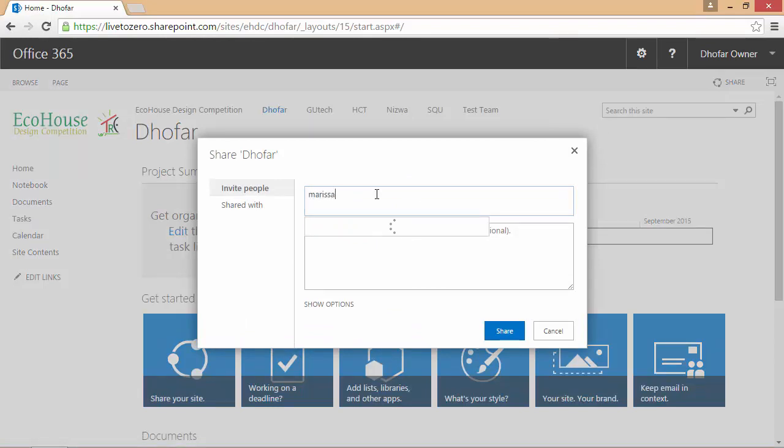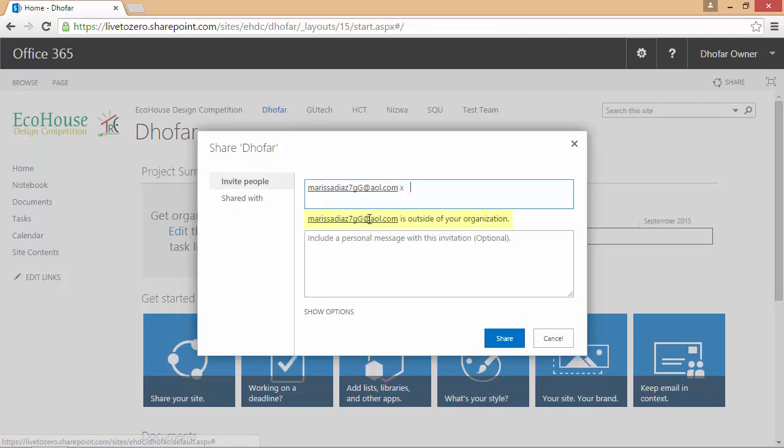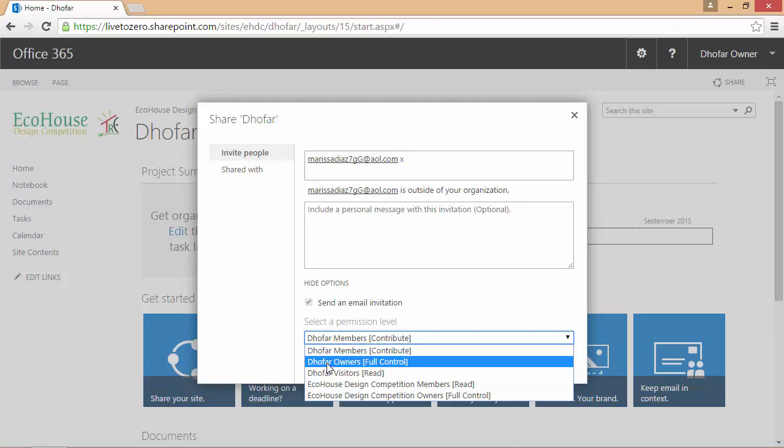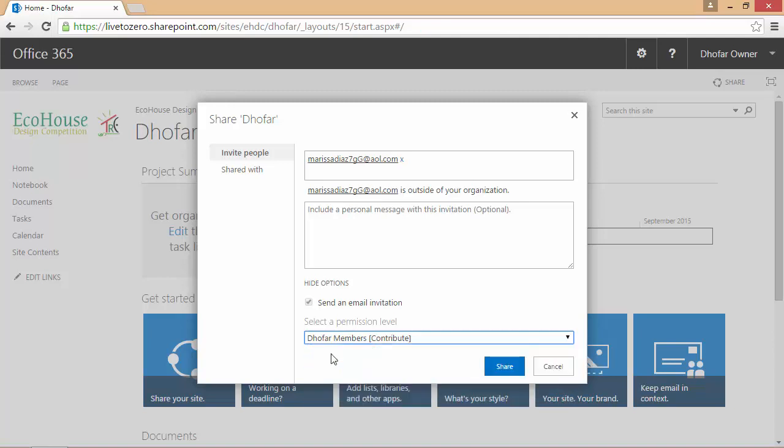Let's assume the name of the person you want to invite is Marissa Diaz. First, enter her email address. The message you see here is a little confusing. All it means is that Marissa is outside of the Live to Zero organization because she didn't enter a live20.com email address. That's not a problem, so let's keep going. Next, indicate whether Marissa should be an owner of the site, a member of the site, or a visitor to the site. At this point, I'll hit the Cancel button because I want to demonstrate the other 2 methods for